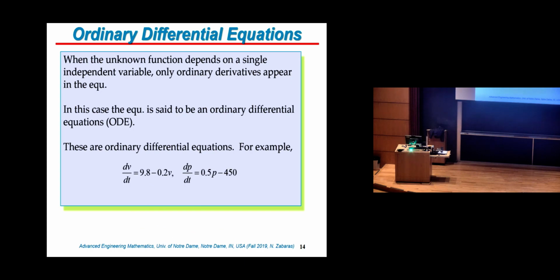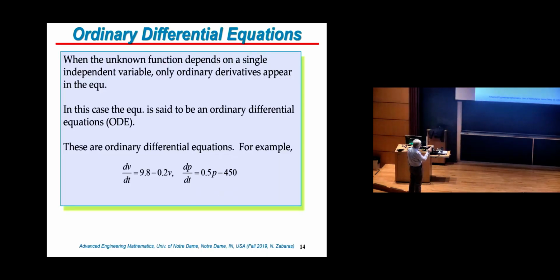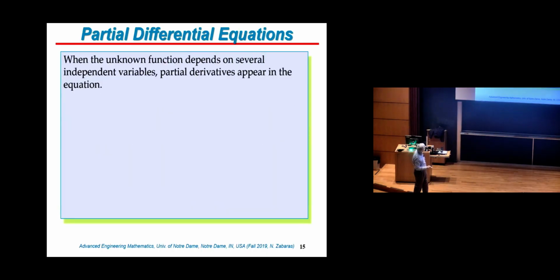So these are some ODEs. Again, the independent variable is time. And I prefer to call these initial value problems, because if you think initial value problem, immediately your head goes to time, and you start from some value of the velocity or of the population of the mice, and then you try to predict how this changes with time. All right, so it's an initial value problem.